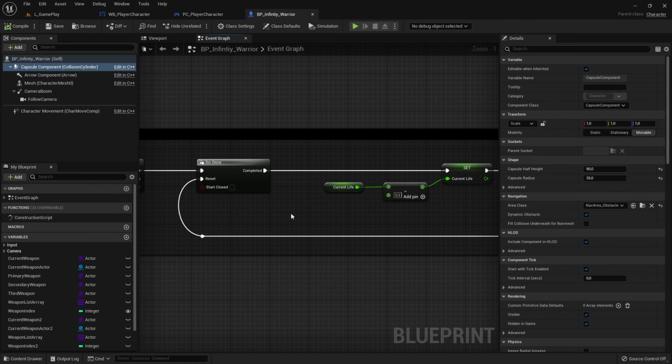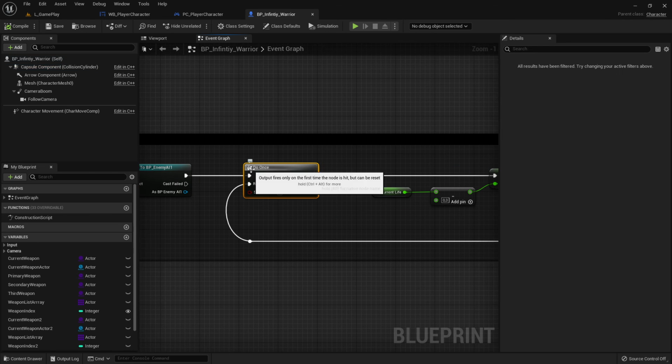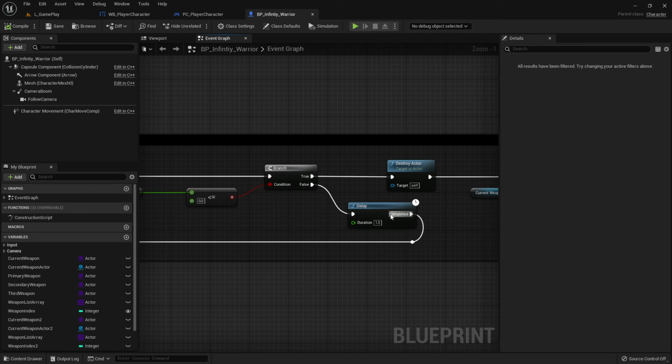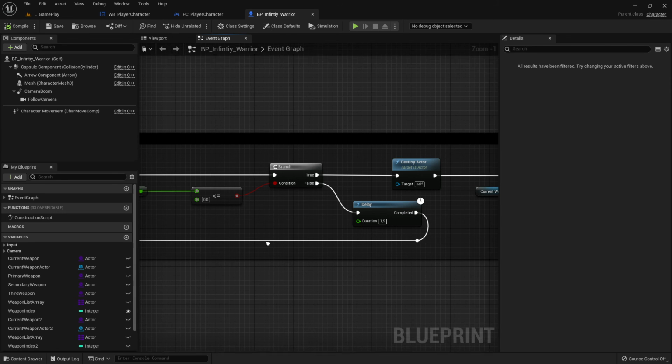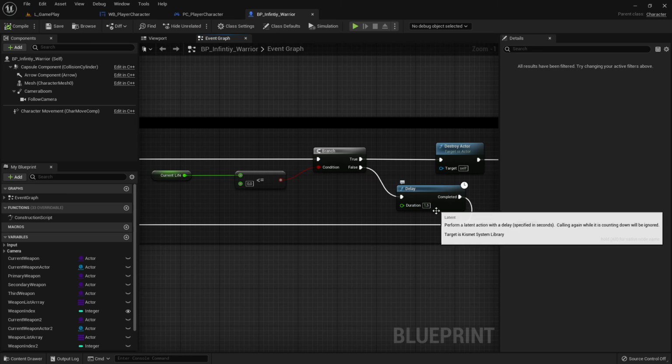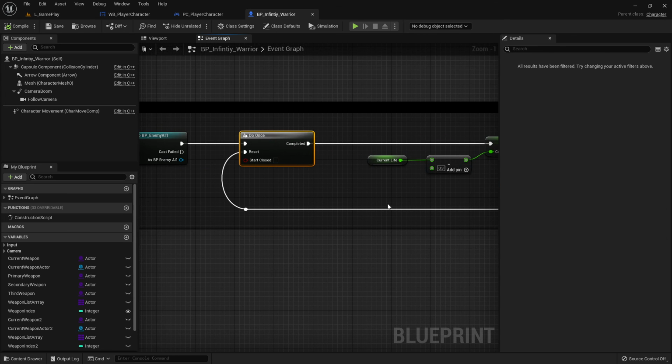There are different solutions, and a quick solution in my case was just to make a do once node, which means if you put this here, it will do all of this one time, but you have to reset it later, so it can do it again after a time. This is not the best solution actually, but it just avoids it overlapping instantly a few times,